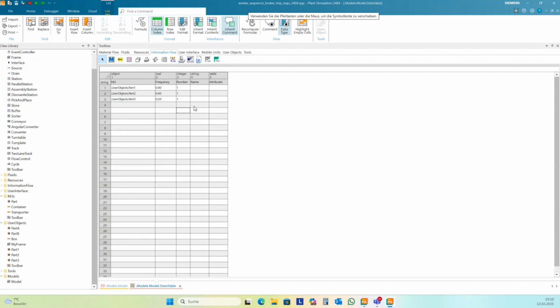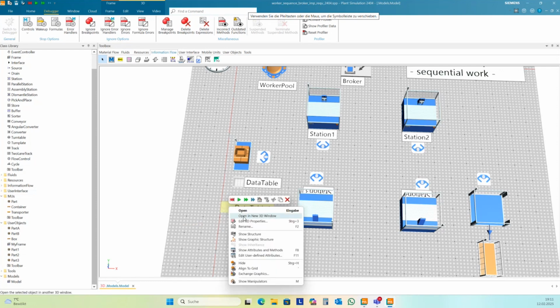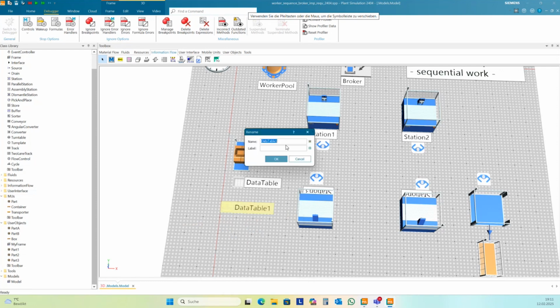As the first step we had in our agenda, I want to create a bill of process for all three parts in a special way. I want to use a nested table for this. And so I need a second data table file here, and I name it bill of process, BOP.